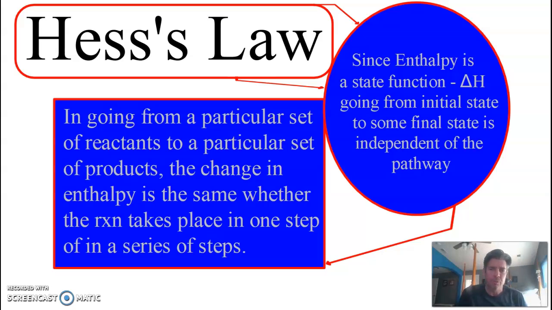I just wanted to review Hess's Law a little bit before we got into standard enthalpies of formation, because it does come into play for one of the problems where we put the two ideas together. Just want to remind you that